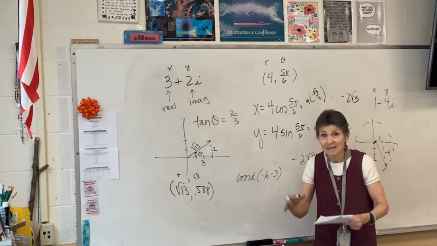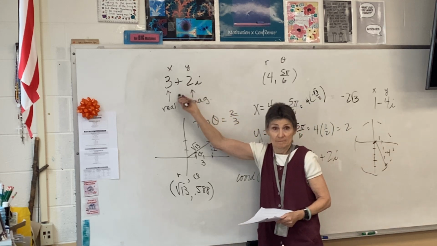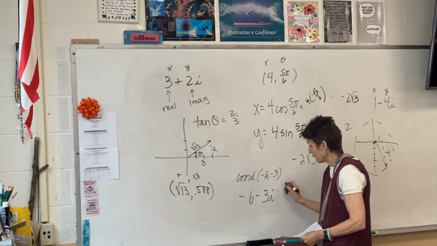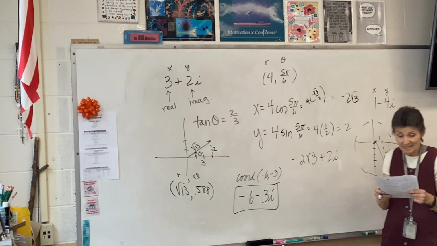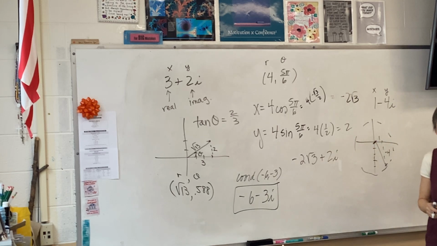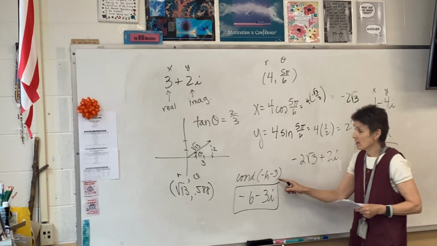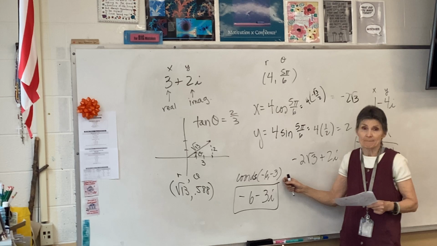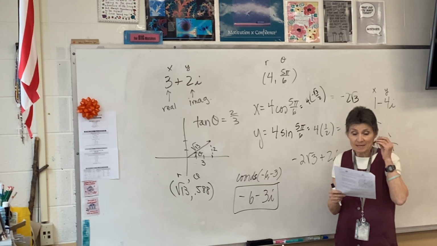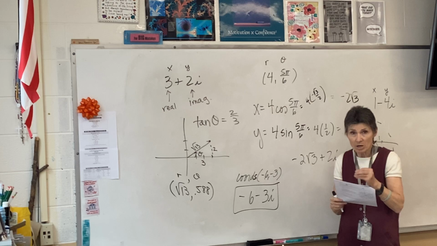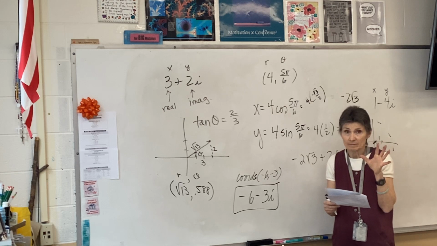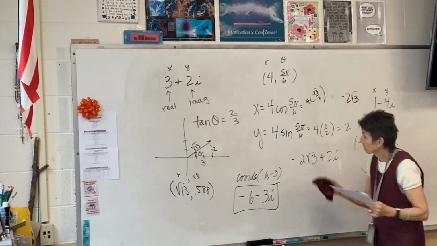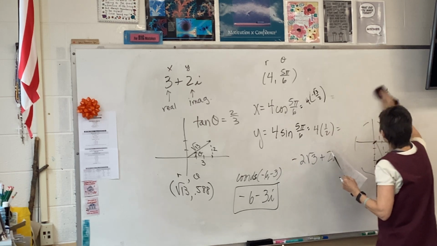But the complex number would be negative 6 minus 3i. There is the rectangular form of that complex number. This is the coordinates. If it asks for the coordinates, then that's what you got. But if it wants the complex number, I gotta have an i. Gotta have an i. So there's the rectangular form. Now, the polar form,